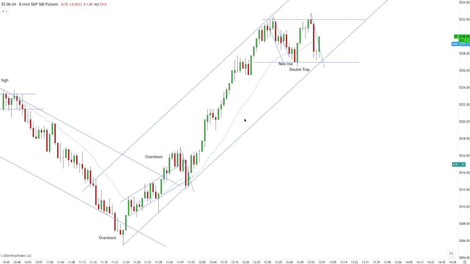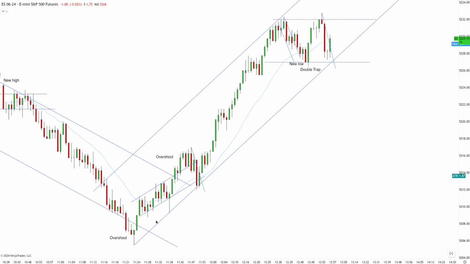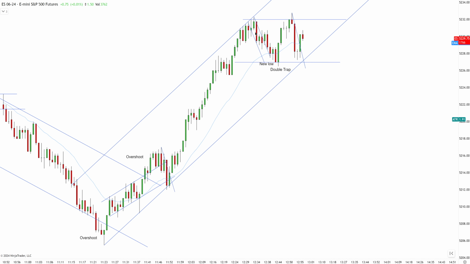Alright traders, I just came back from my break. The overshoot led to a strong bullish reversal. If we connect the swings at the bottom, we have a nice bigger channel established. When you're watching this live, you have a small overshoot that is not acting as overshoot. It keeps consistently overshooting, so that's a sign that there is no overshoot. The channel is wider. There was a great double trap because second entry long is too far from the EMA,